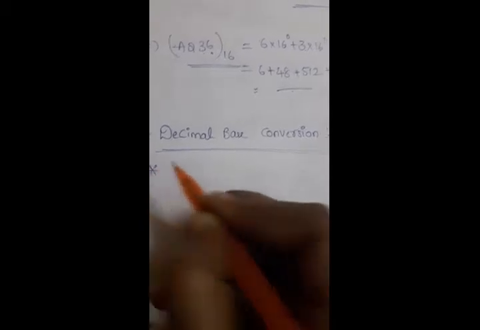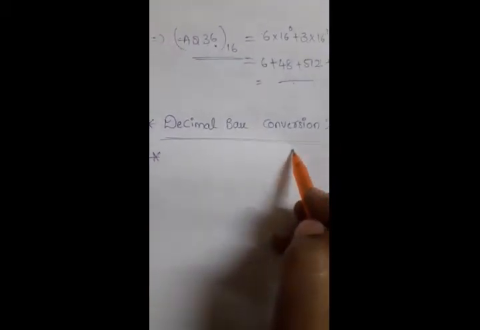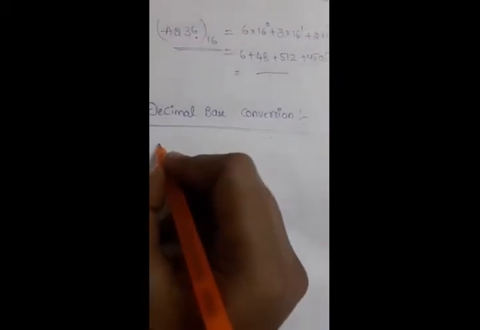Okay, so already I explained that every base conversion consists of totally 3 base conversions. That means every number system converts into 3 other bases. For example, binary has 3 base conversions: binary to octal, binary to decimal, binary to hexadecimal, right? So that one is already completed. Now we'll discuss the second one, decimal base conversion. Again, in that also we have 3 base conversions related to decimal.